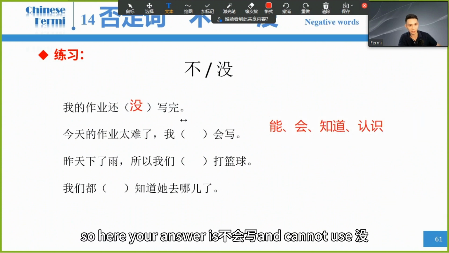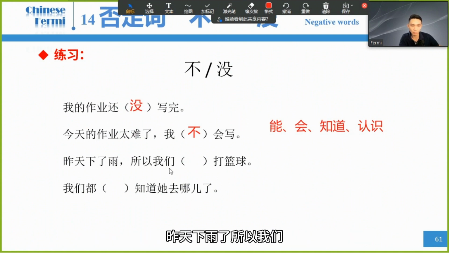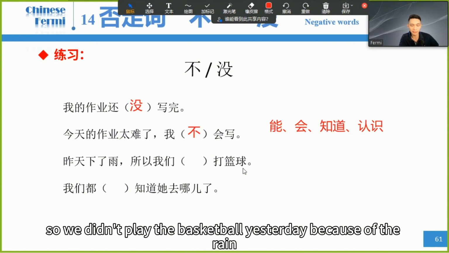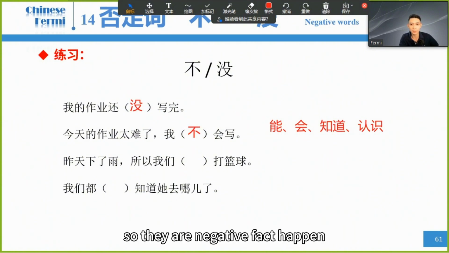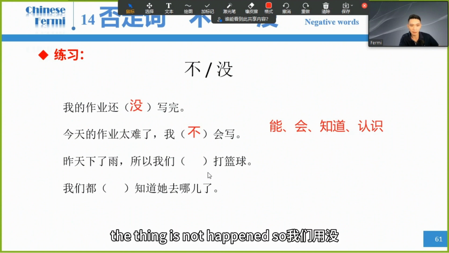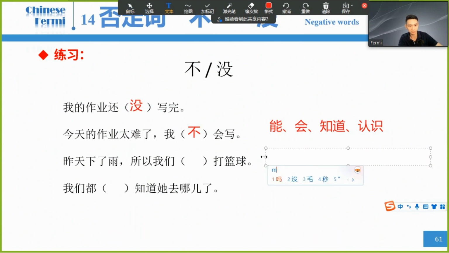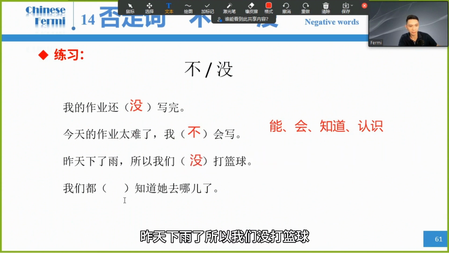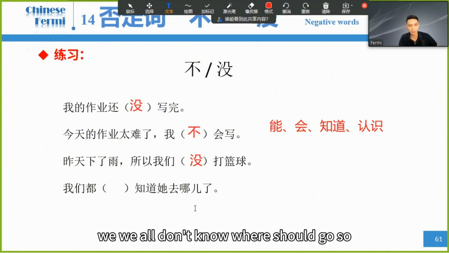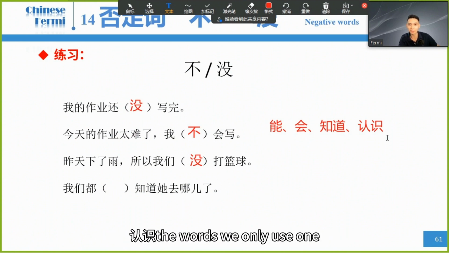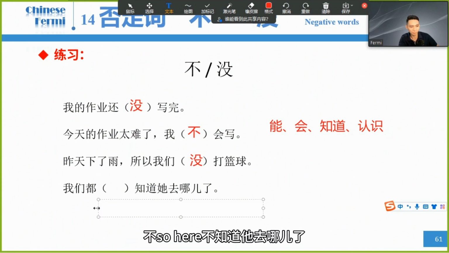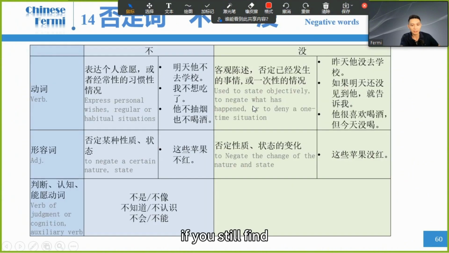So here, your answer is 不会写 and cannot use 没. 昨天下雨了，所以我们打篮球。So we didn't play the basketball yesterday because of the rain. So the negative fact happened. The thing has not happened. So we use 没。昨天下雨了，所以我们没打篮球。我们都知道她去哪儿了。We all don't know where she went. So because as we mentioned, 能会知道认识, the words we only use 不. So here 不知道他去哪儿了。